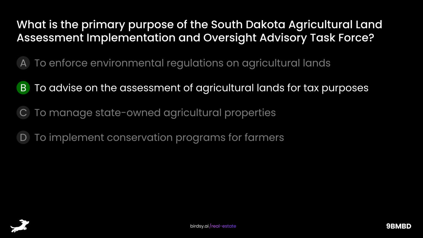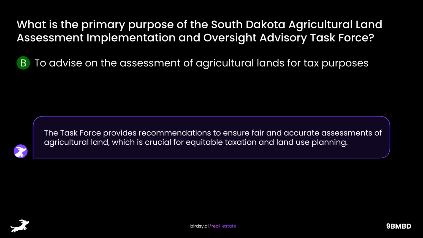The answer is B, to advise on the assessment of agricultural lands for tax purposes. The task force provides recommendations to ensure fair and accurate assessments of agricultural land, which is crucial for equitable taxation